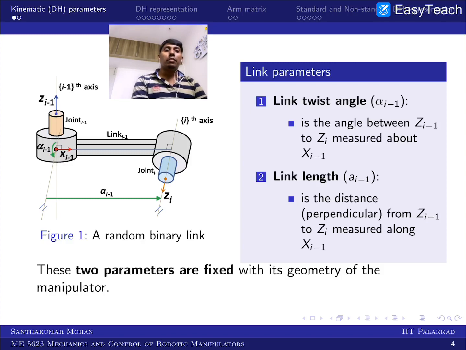A further assumption says that the links are piled up in series, so one by one you stack them. The joint information describes 2 consecutive links. The joint axis we associate with the Z axis. Now there are 2 other axes left, one is the X axis and the other is the Y axis.